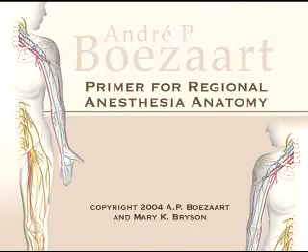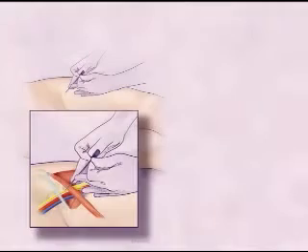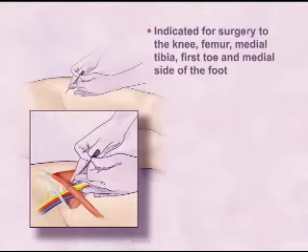To truly understand the femoral nerve block, it is advisable to study the appropriate essential anatomy as outlined in the Primer of Regional Anesthesia Anatomy before studying this block. The single injection femoral nerve block alone or in combination with other blocks such as the sciatic nerve block is indicated for surgery to the anterior part of the knee, femur, medial tibia, first toe, and medial side of the